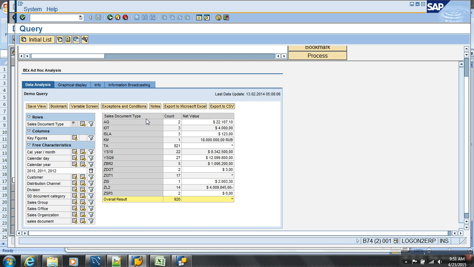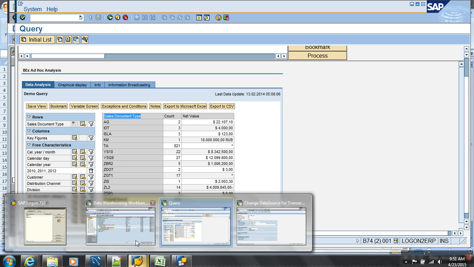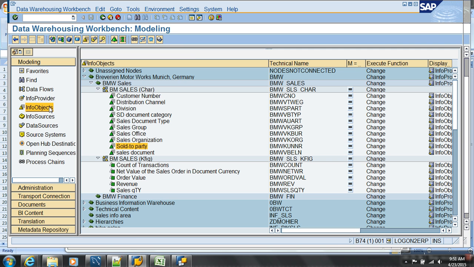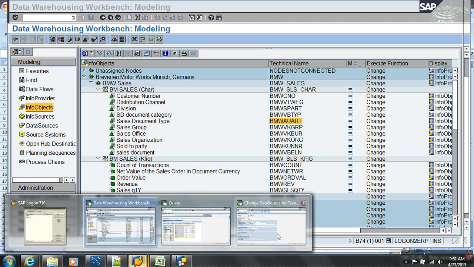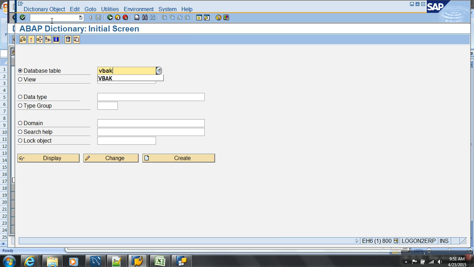So then what? For this info object, sales document type, instead of showing the key, I would like to show the description. If I need to show the description, should I maintain a text table? Yes or no? I'm just slightly enhancing that model. Okay. So I'll go to this. What is my document type info object? Is that AUART, right? Let me just hold on. If I go to ECC, I would like to get the meaning of it. What is that field? If I go to AC11, what is the table? VBAK.